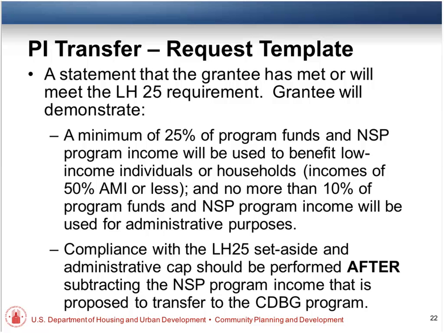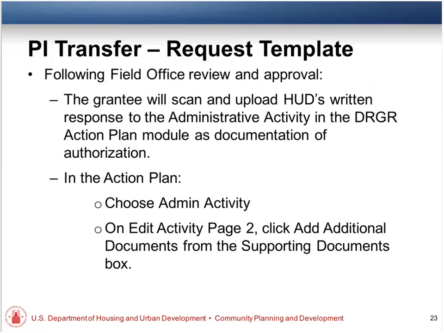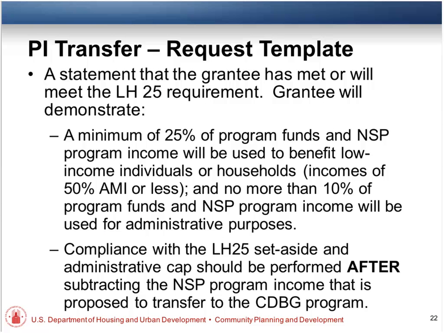So we are going to move here to the actual LH25 piece, and I just quickly mention this. If you can provide additional documentation, what we've asked for in the request template is that you actually indicate to your rep that you performed this analysis, that you will or will not meet it.